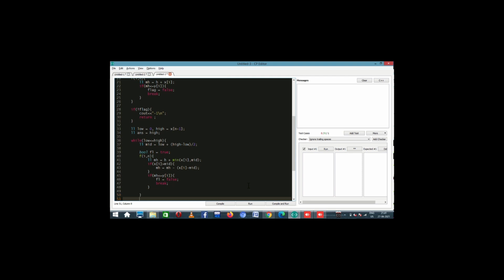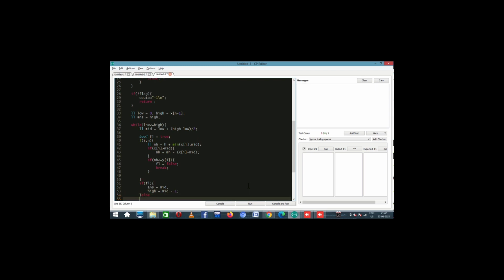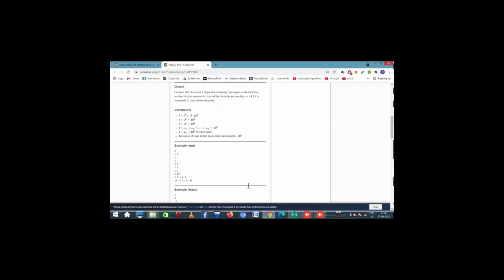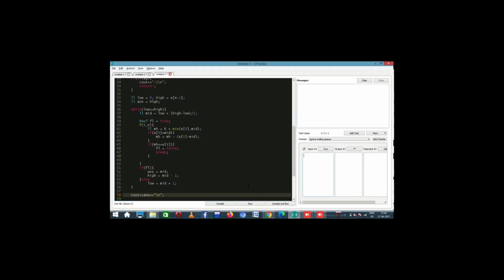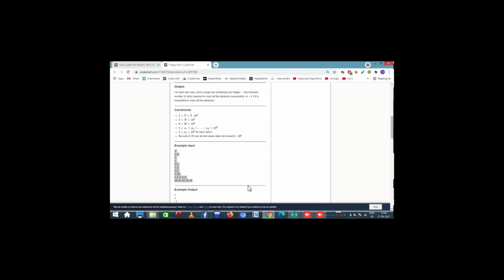Now after this loop you check over here, if flag, that means this is valid, so your answer can be set to mid, and you can reduce your interval to half, mid -1. Else you search for a larger solution, you go to mid +1, right? Once you have all of them, you can just print your answer, and that's it. So if we check, yeah, these are the answers we were expecting, right? We can try to submit this.